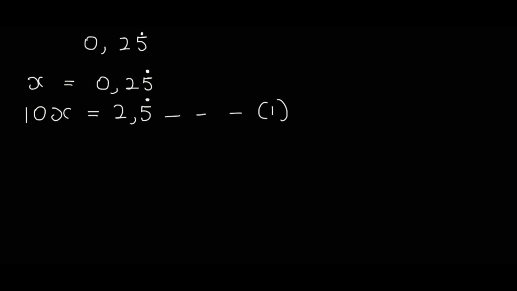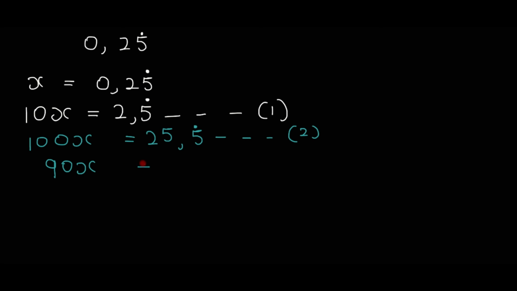Ra tseba gore after a decimal ge re na le number yo 1 re multiply ka 10, so e rela gore from here re tlo multiply equation 1 ya rena ka 10, so 10 times 10 re tlo kry-a 100x, and then 10 times 2.5 and then re tlo kry-a 25.5 repeating, and then ya ba equation 2 ya rena, and then from there ra re equation 2 minus equation 1,